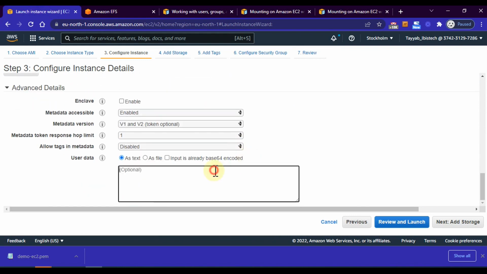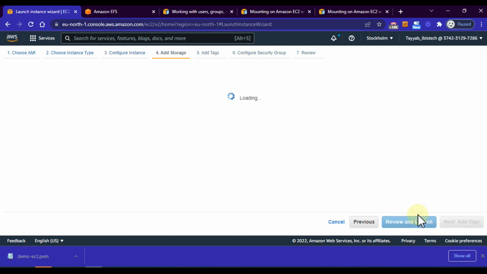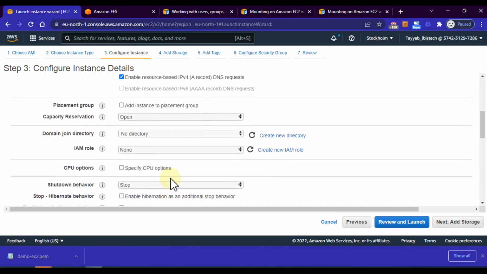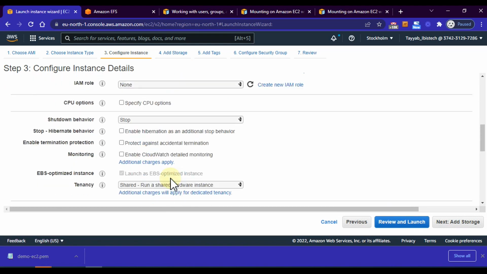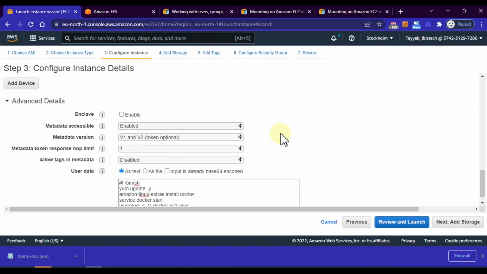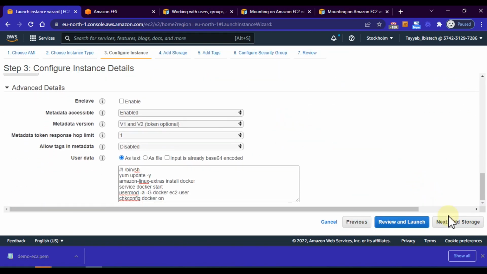and let's put some bash script to install Docker, so when our instances boot up, they will already have Docker installed in them. And one thing I forgot to tell you, that you can also create your EFS volumes from here, but they will not be one zone. So you will just name it here my drive and just click create, and AWS would automatically mount the EFS volume on the boot. So